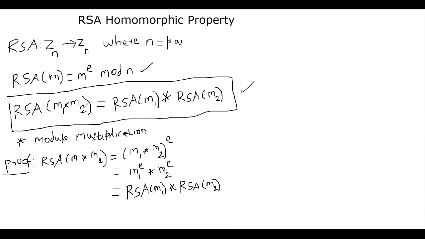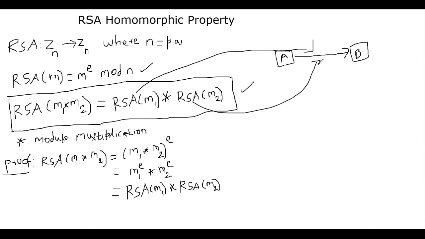This is normally not desired, right? Because if an attacker captures the traffic, say Alice is sending to Bob, here is Alice, and she's sending to Bob m1, m2, encryption, of course. What happens if she's sending to Bob RSA of m1, right, this part, and she's also sending RSA of m2? So if Eve just multiplies these two things, what is Eve going to get? Eve is going to get RSA of m1 times m2, the left-hand side, okay? But she can't do much because we don't know how to invert the RSA function.